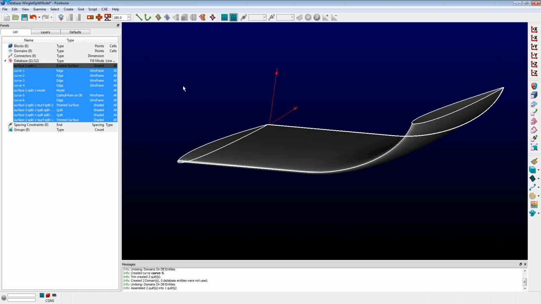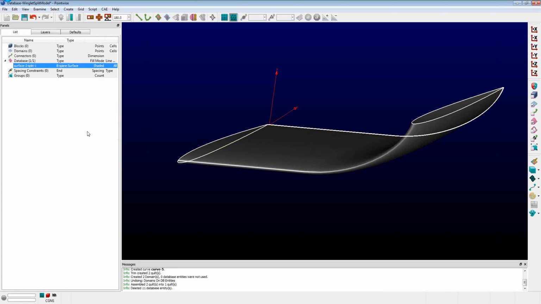So this is trying to save you from destroying the geometry. And so if you want to operate on the geometry, you have to do so explicitly. So you need to show that geometry, delete all the topology on top of it by hitting the delete key. So now all I'm left with is the underlying B-spline surface, and I can actually split it at a given